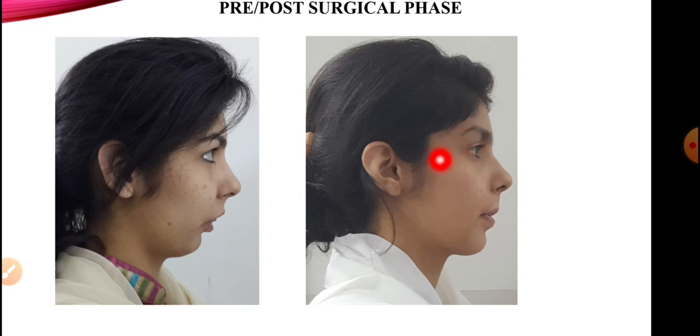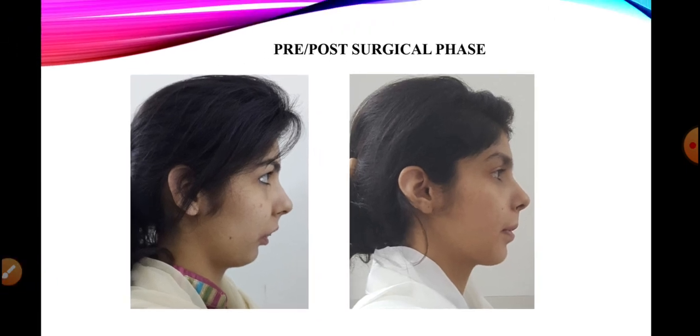The maxilla was given a maxillary intrusion, or a maxillary upward movement, as a procedure that leads to the auto-rotation and then the forward positioning of the mandible. So the maxilla was placed up and the mandible was auto-rotated and again brought forward by BSSO, and a genioplasty was done in order to enhance the facial aesthetics. Now we can see that there is a marked difference between the initial and the final phases, in which we can see severe incompetency in the pre-phase, and there are competent lips at the end of the post-surgical phase.